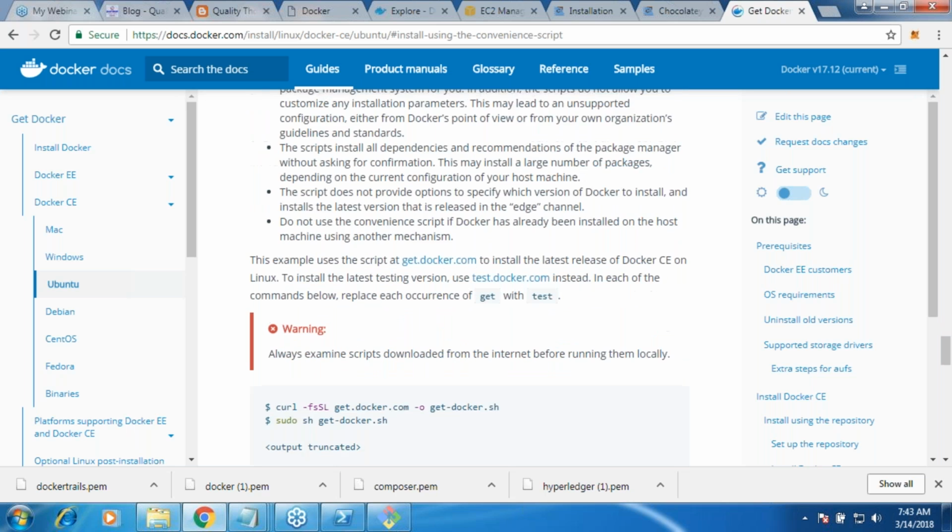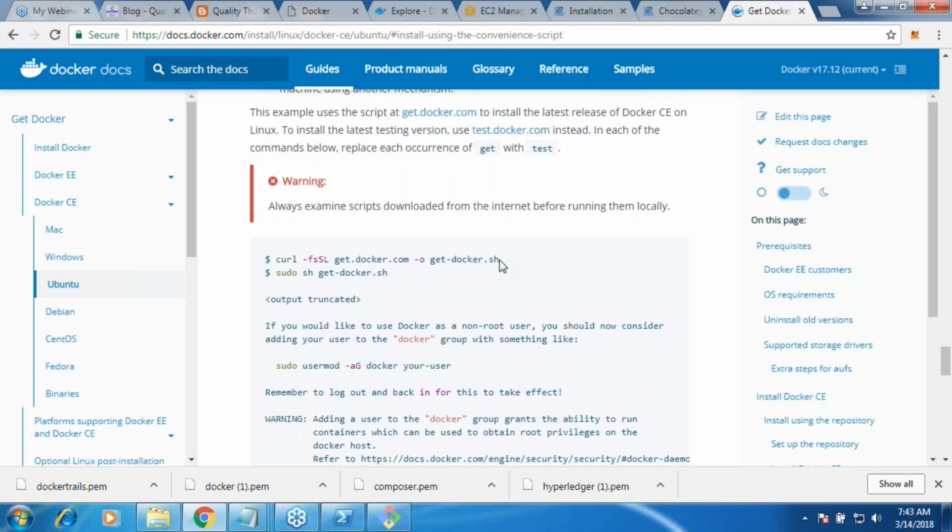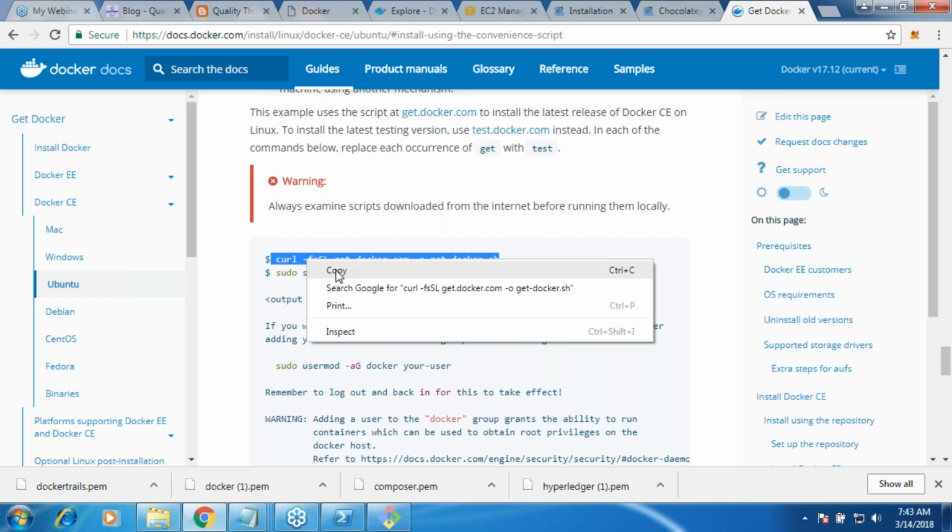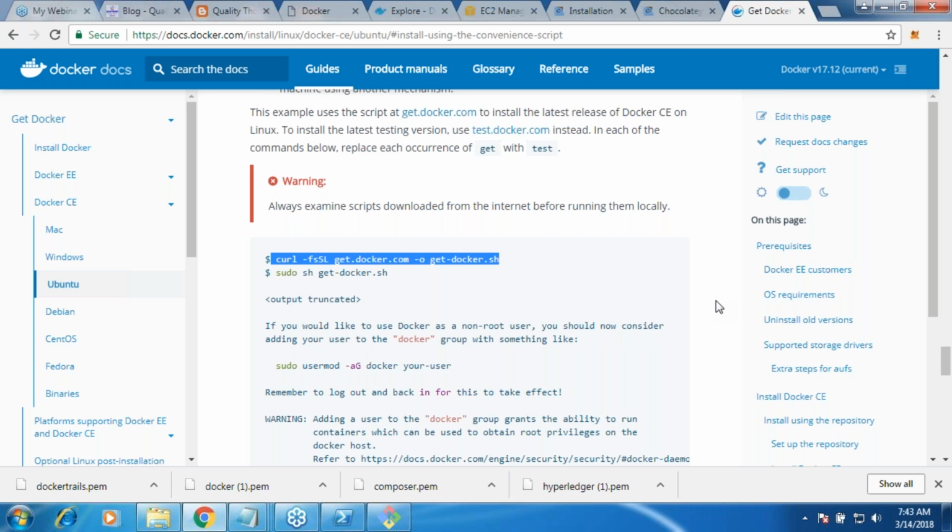Are you seeing this part? Yes, I will try to execute this part. This is not the right way to install because it will install the latest version of Docker. For example, if you want to be specific about a version, this script will not be handy, but for the first time it's okay. This is the Docker which you are installing for the first time.